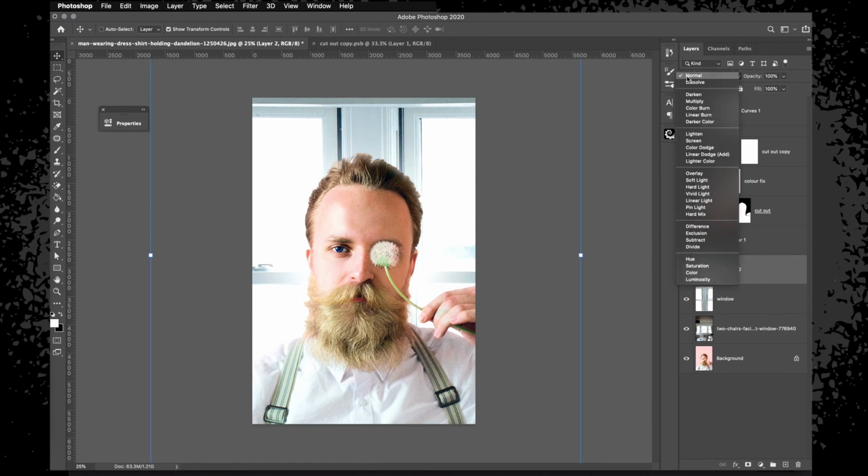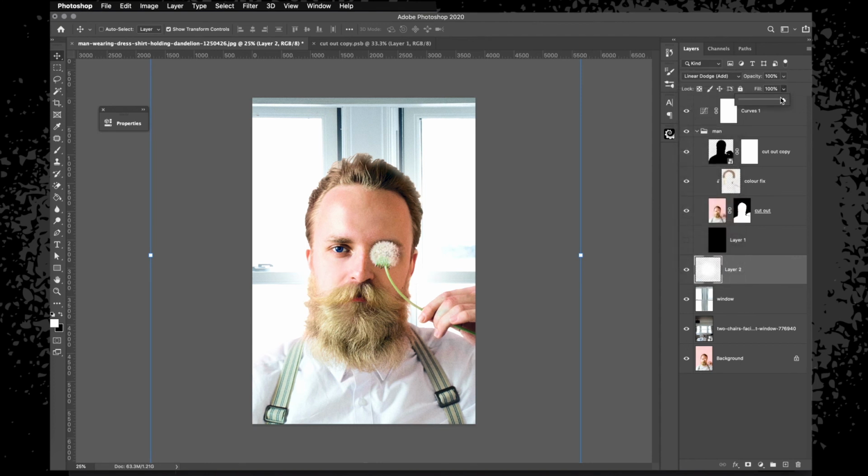So click that on. I'll turn that to linear dodge. Always feel free to have a little play with these blender modes, as you may feel that overlay or something else works better. So stick to whatever you want. Color dodge is another brilliant one, but I'm going to go for linear. You can see that it still doesn't look right,